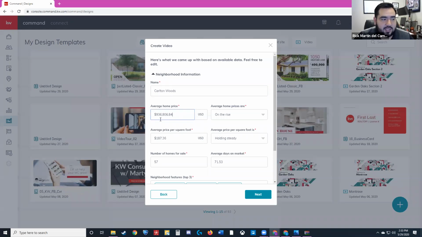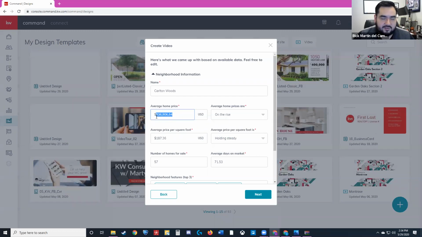If the average home price is a lot higher than this, or what I assume would be, I can edit it. What a lot of agents do is create a quick CMA on a neighborhood. You'll go into HAR, create a quick CMA, and all of this information is available there: the average home price, the current number of active listings in the neighborhood, and the average price per square foot. As an agent, when you do your research, you already know the market, especially if it's your farm. So you're able to know if prices have been on the rise, on the decline, or holding steady.